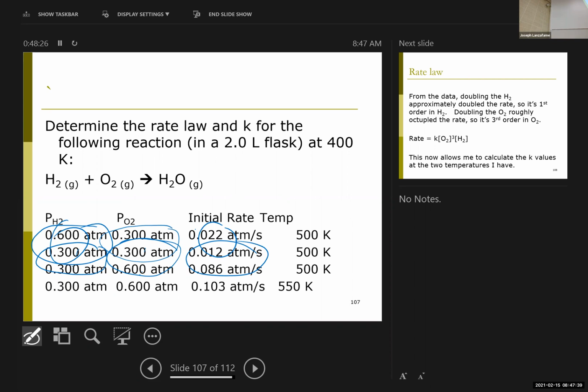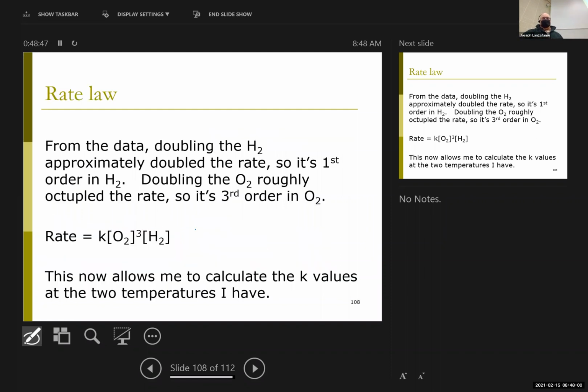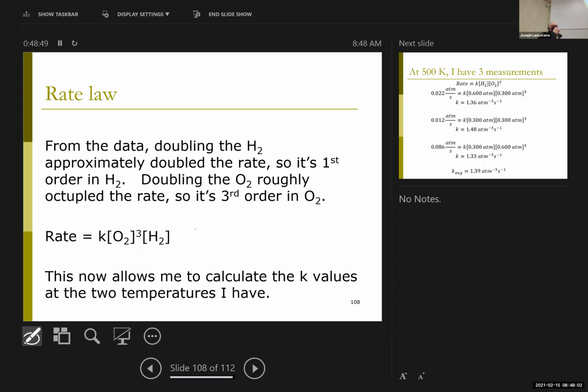right? Because again, it's 2 to the what power, right? If it's first order, it's 2 to the first power, so the rate should double. If it were second order, it would be 2 to the second power. The rate would go up by a factor of 4. If it's third order, it's 2 to the third power, which would be a factor of about 8. Maybe I built in a little too much experimental error there, right? And so,